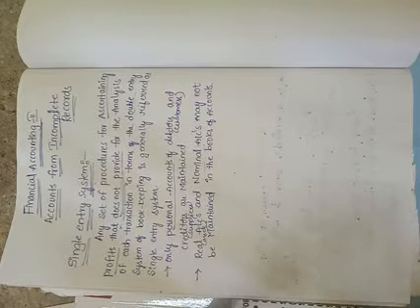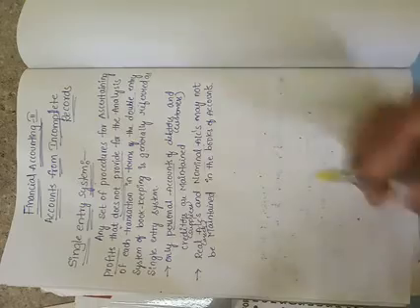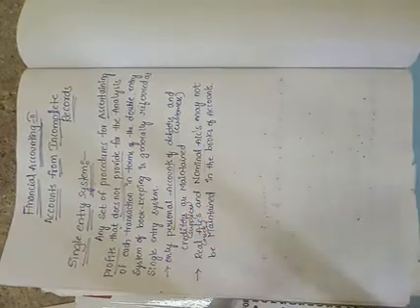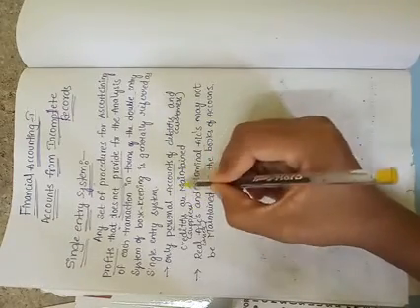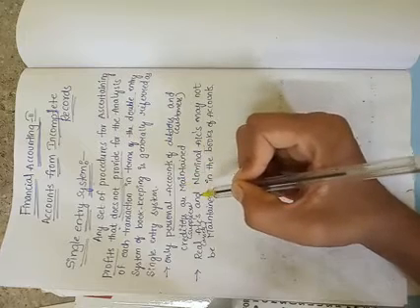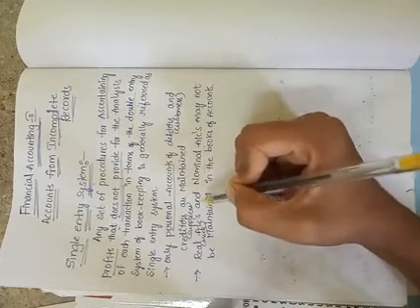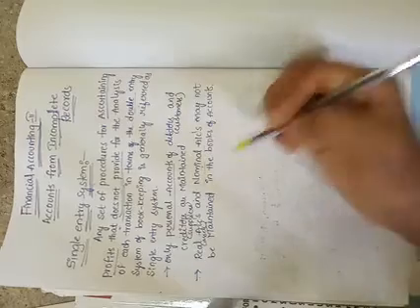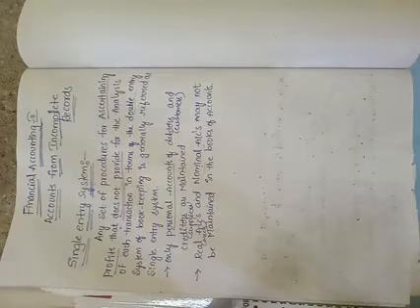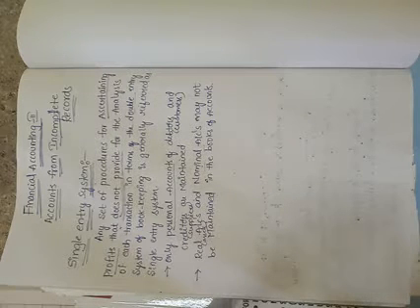According to Kohler, in his book on accountancy, he defines the single entry system as a system of bookkeeping in which, as a rule, only cash and personal accounts are maintained. It is always incomplete double entry varying with the circumstances. Thus, single entry system actually refers to incomplete records or the defective form of double entry system. This is the meaning of single entry system. The next is features of single entry system.